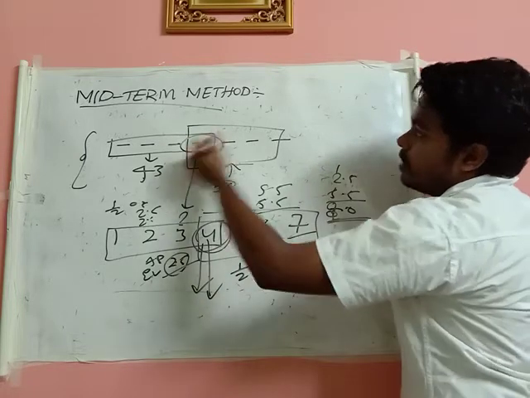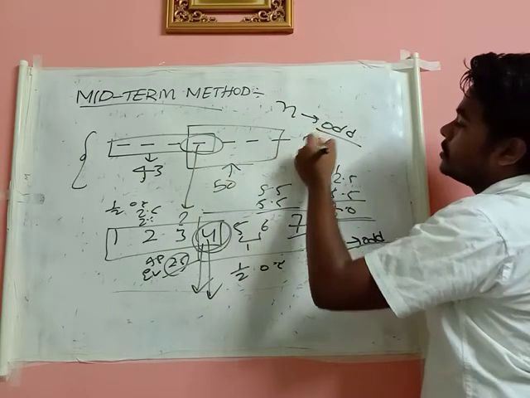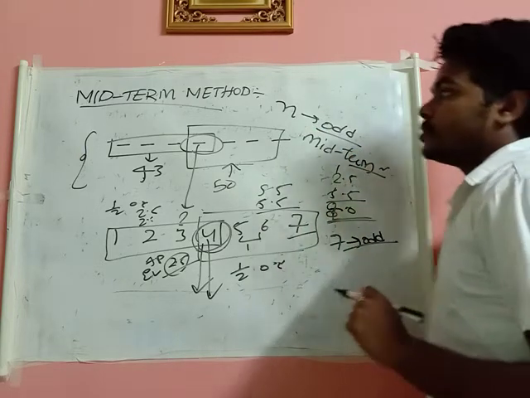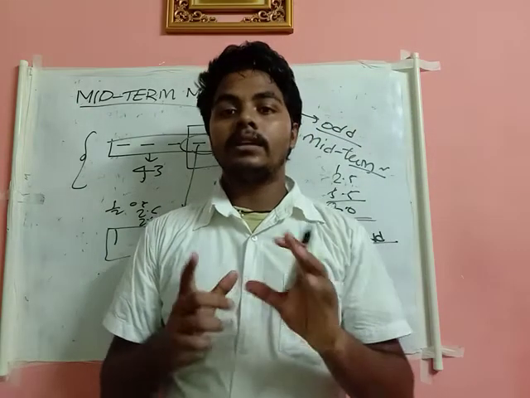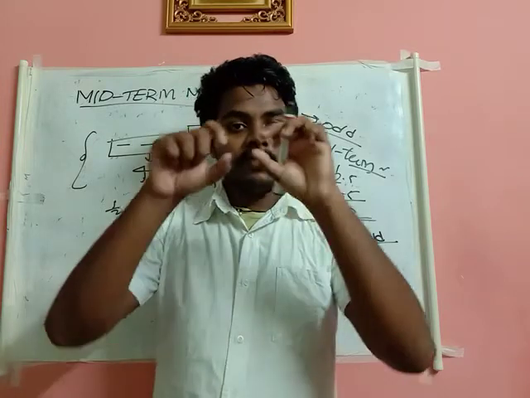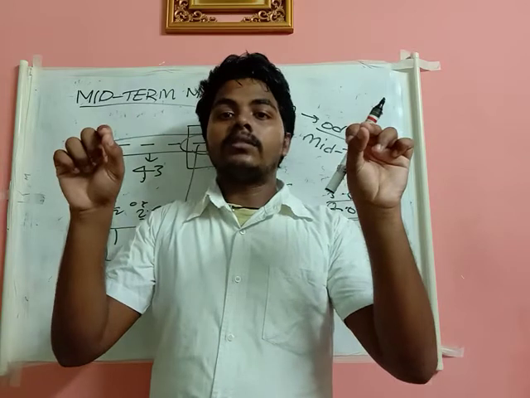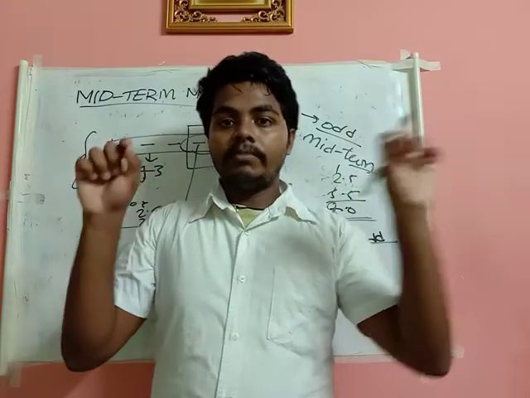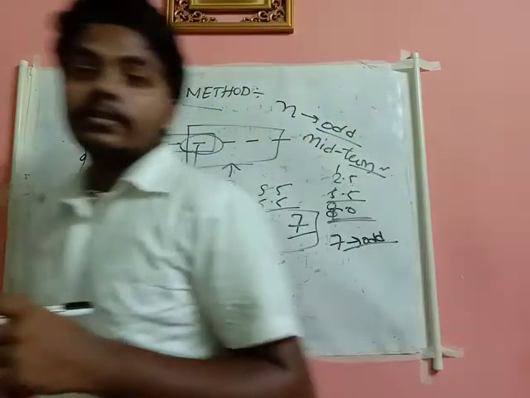Usually when the number of slots is odd, we will be using the midterm method. You just pause the video and write this. What will the midterm method conclude? The midterm method helps us to find the midterm involved in the slots of a given sequence. The number of terms in the sequence should be odd, and only then can we apply the midterm method. Write all these things.